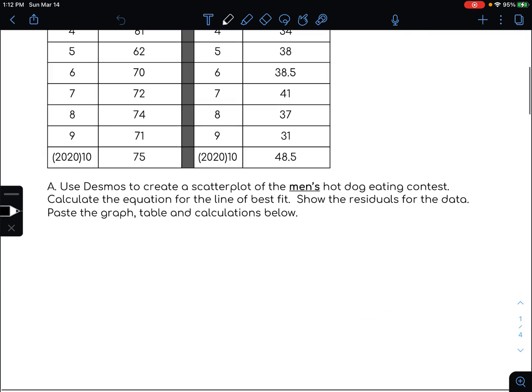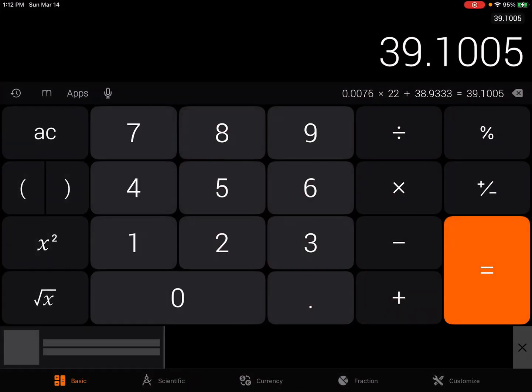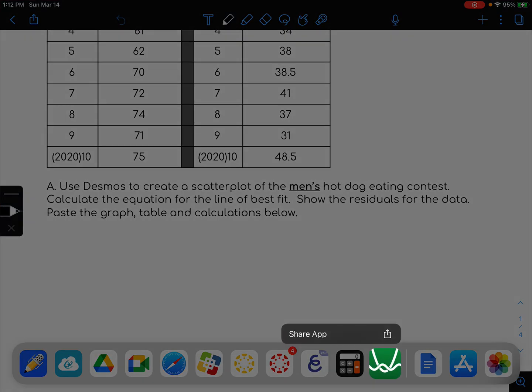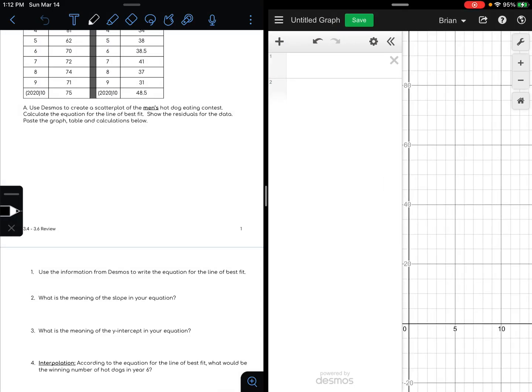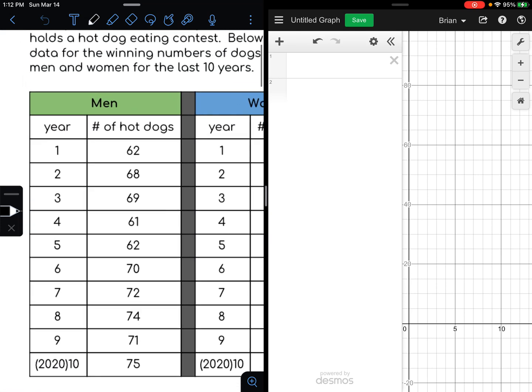Part A says use Desmos to create a scatter plot of the men's hot dog eating contest, calculate the equation for the line of best fit, show the residuals for the data, paste the graph and table and calculations below. All right, so actually let's get the right application up here. Let's go to Desmos. We have done this a few times now. And so we're going to enter in the table of data for the men